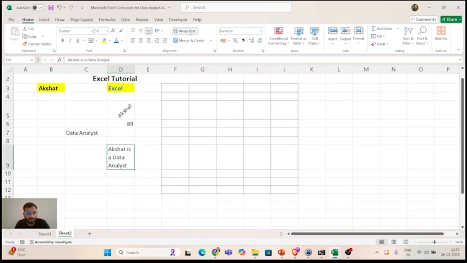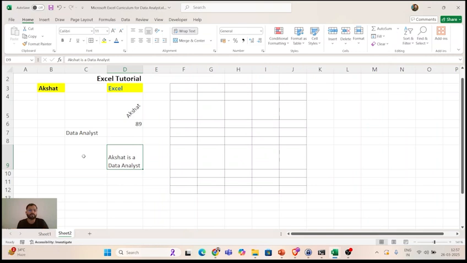If I do wrap, right? Did you see the difference? See, it is without wrapping, and when I click on wrap text, it is with wrapping, right? So you can just increase the size a little bit, and it is now better visible. So that is the purpose of wrap text and merge and center. I hope that's okay. Then we are going to the numbers tab.